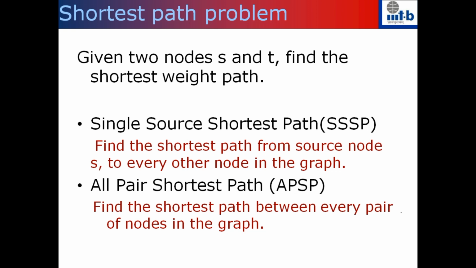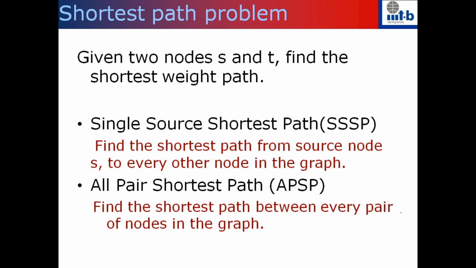So if you have a solution for the single source shortest path problem, one way to solve the all-pair shortest path problem is just to call the algorithm n number of times with different sources varying over all the nodes of the graph. But we will see that calling the all-pair shortest path algorithm will be much more efficient than calling single source shortest path n number of times in some cases.